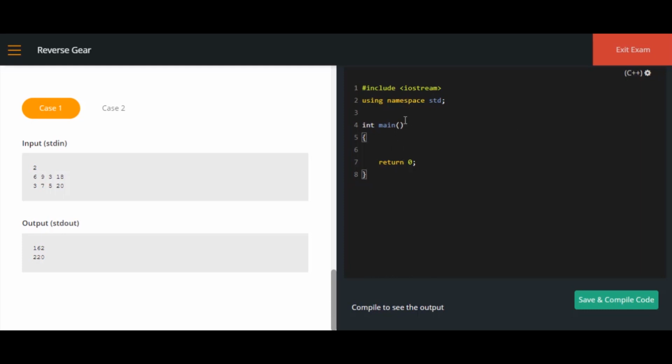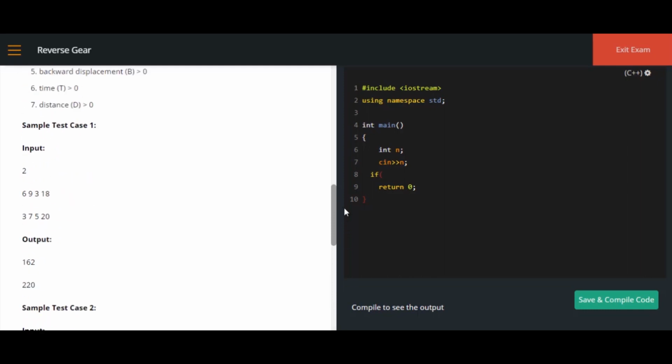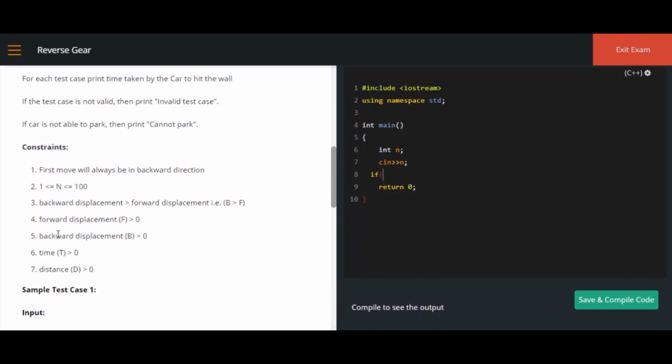So here we already have the header file and namespace std. Now I'm going to declare a variable, say int n, which would take the number of test cases. Now you will have to check. For example, my first constraint is that n should be greater than or equal to 1 and less than or equal to 100, right?